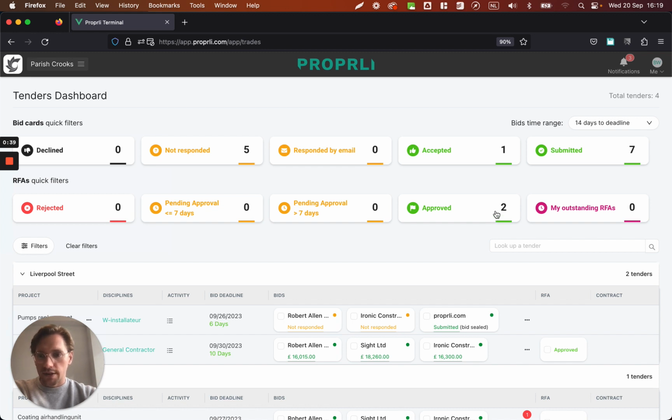Now I will get into that a little bit later, but what is important to note is here on the top right you can see the bids time range, and this is actually related to the deadline. Now as a default this is set to 14 days to the deadline. So the reason for that is that when you log in, you would like to see the overview of